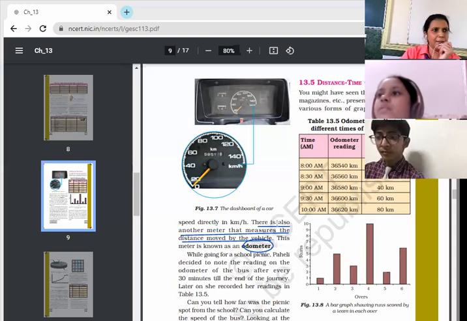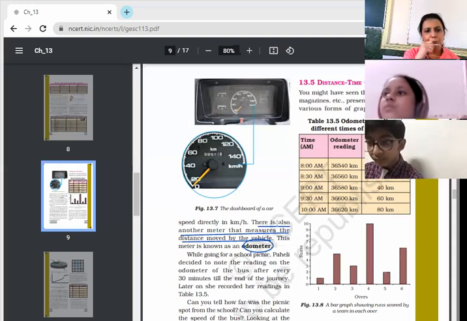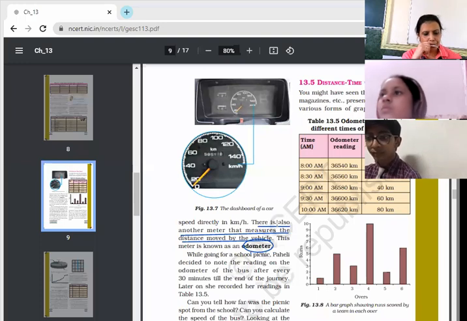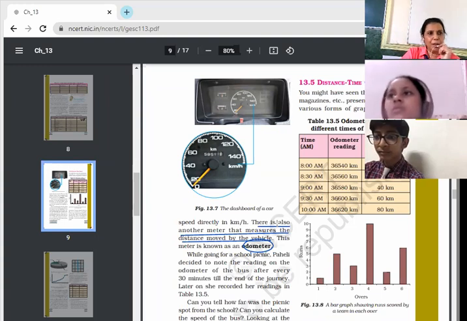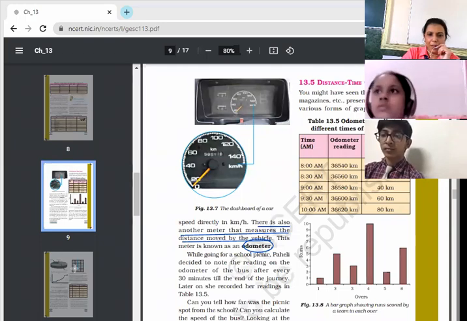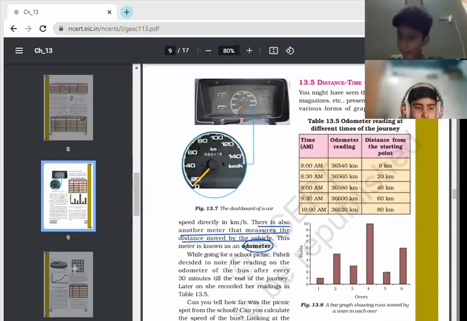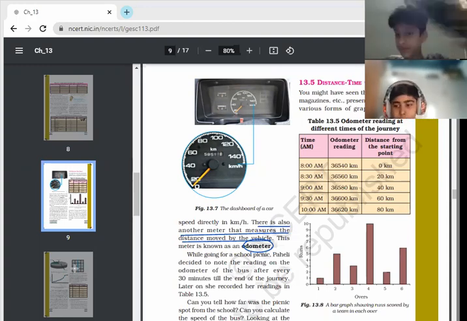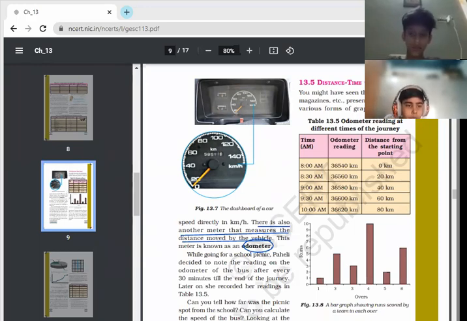So there is a way, and the shortest way I had given you, that is, if we are going to change from kilometer per hour to meter per second, then we need to multiply it by 5/18. And reverse of it, if we are going to change from meter per second into kilometer per hour, then we need to multiply by 18/5. So that will be more convenient for you to learn.